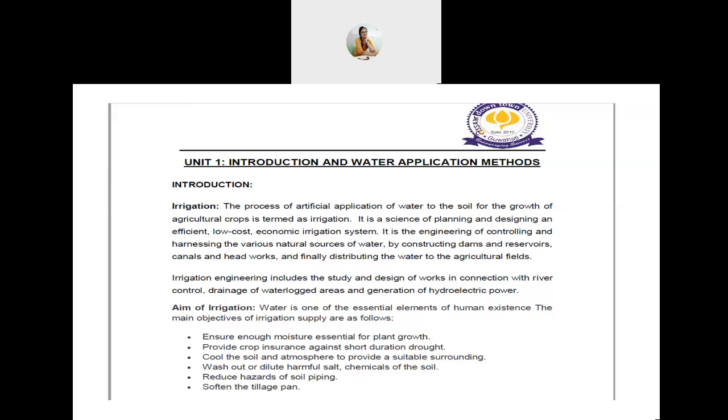Number 2, provides crop insurance against short duration drought. Number 3, cool the soil and atmosphere to provide a suitable surrounding. Number 4, wash out or dilute the harmful salt chemicals of the soil. Number 5,